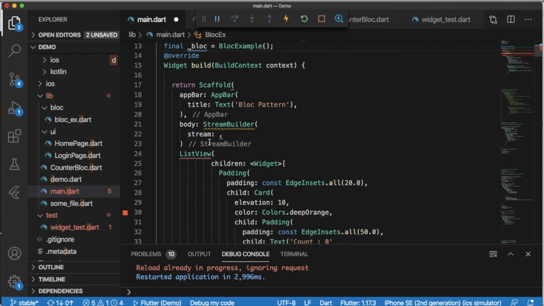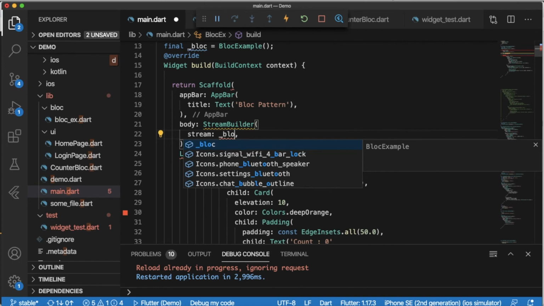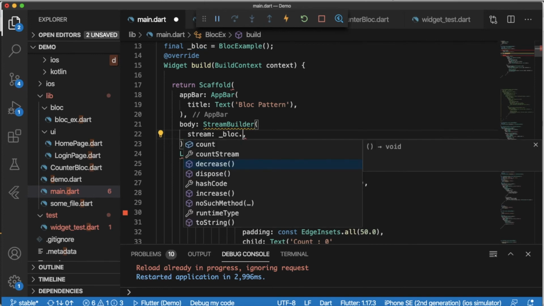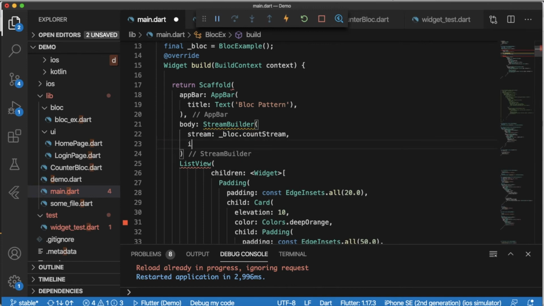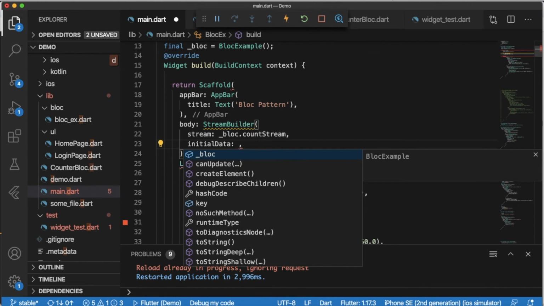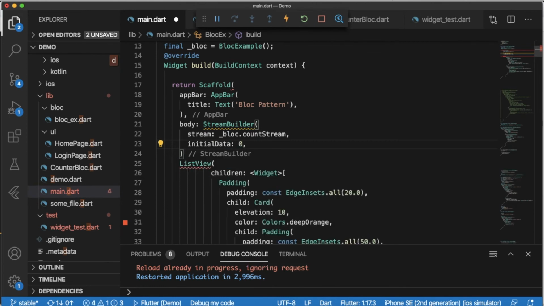Okay, so in the stream I will add block. What was the name of our stream? Count stream, right? So I will assign it with count stream. Okay, the second parameter would be initial data. So for the count, initial data would be 0.